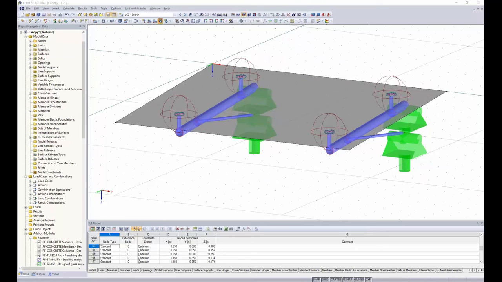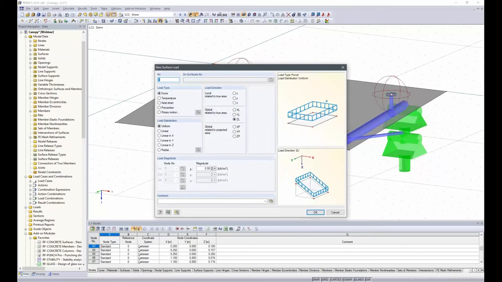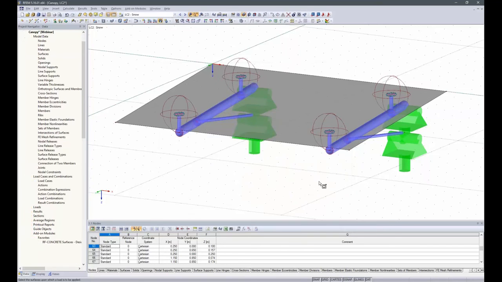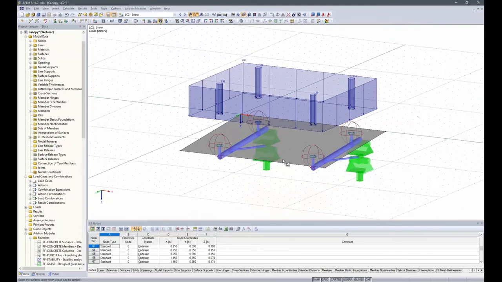I use a new surface load. It's supposed to be a uniform force globally related to the projected area with a magnitude of 1.3 kilonewtons per square meter. Okay, set that on my